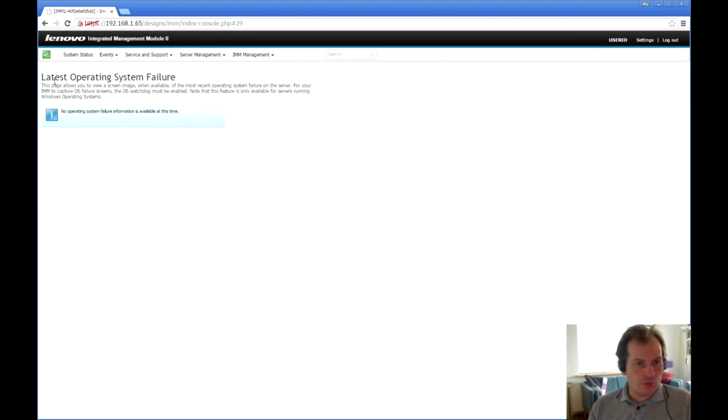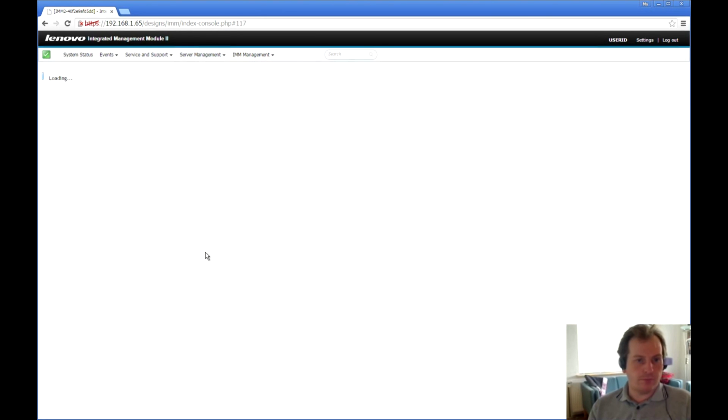I've never seen this in use, but apparently the system is able to capture the last good screen that was on the server. So if the server has some kind of error and shows it on the screen, it can be stored in here. Right now there hasn't been an operating system on this server, so there are no screens stored for this. But it might be a good thing to check if the server has suddenly rebooted, to see if there is something in here, if it told you something smart before it rebooted. Next,